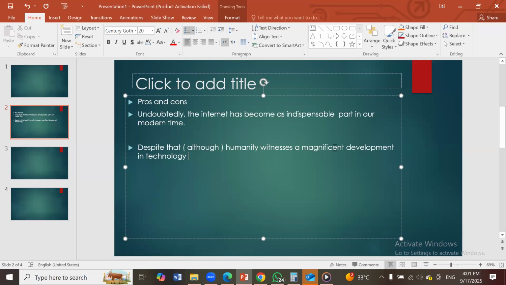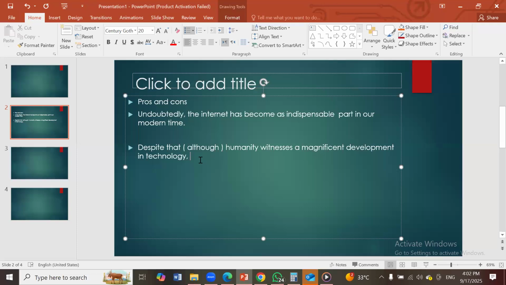I could say a great development, but great is a very common word. I want to use C1 words, advanced work. A magnificent development in technology, teacher, comma, despite that, although,